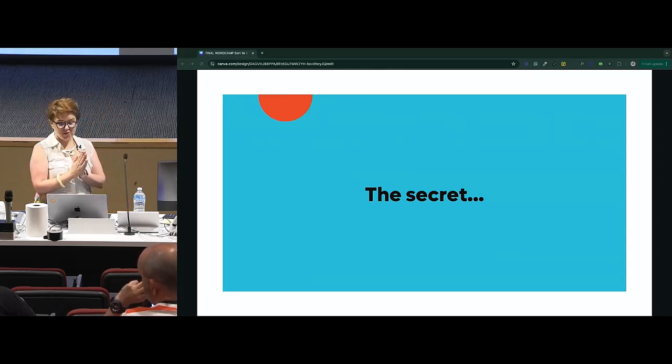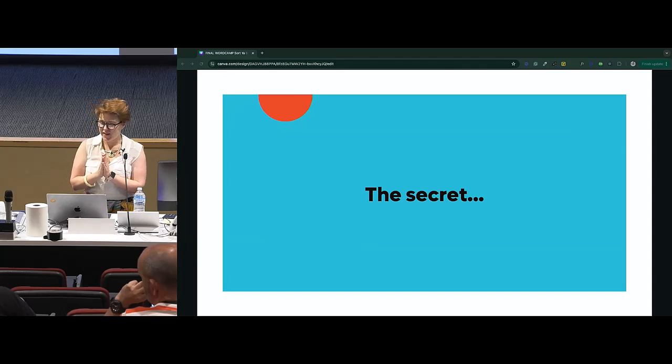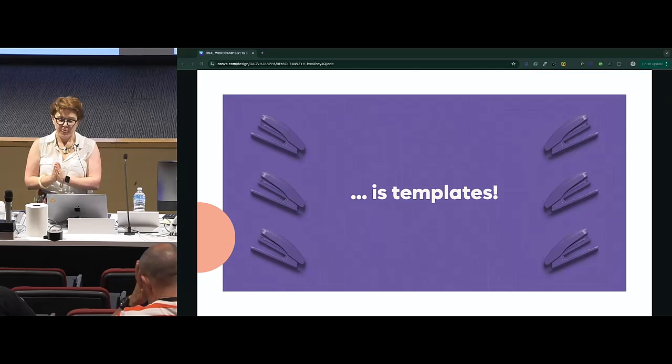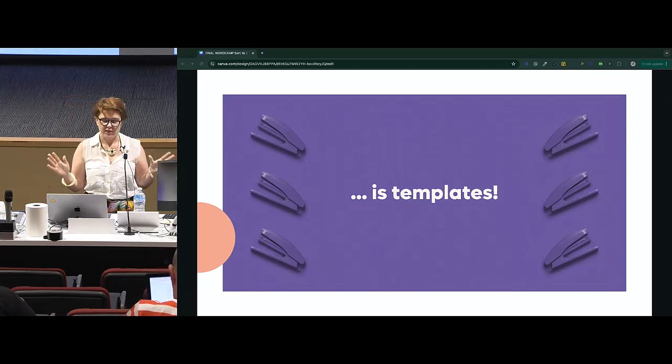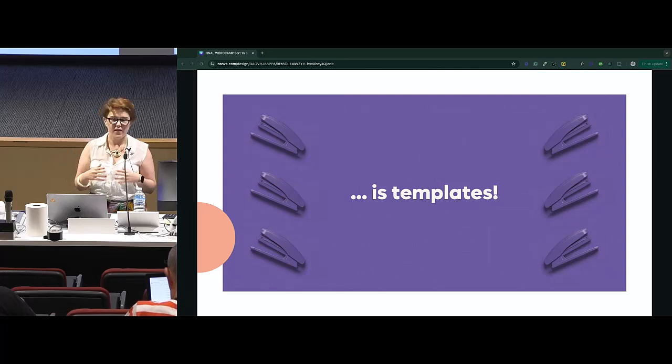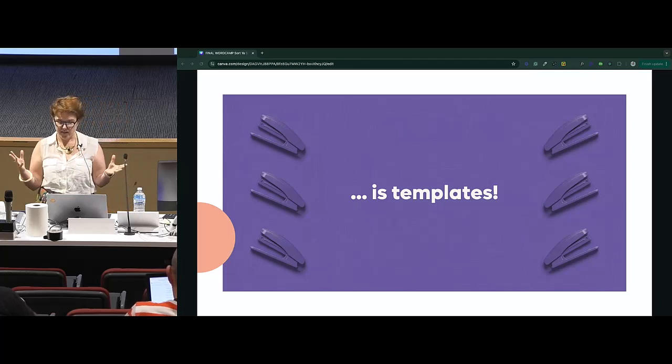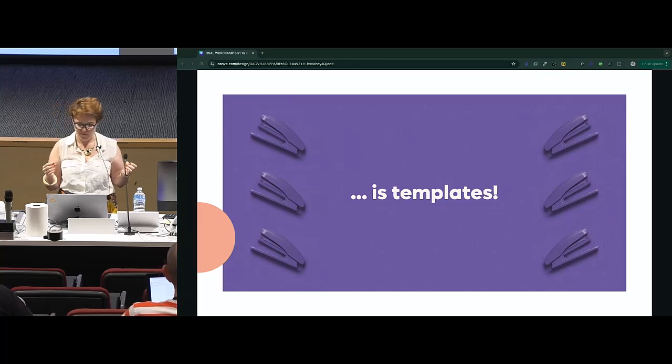The secret to building a stress-free design process is templates. This is not going to be an epiphany to most of you, but creating templates for your entire process can feel like a really overwhelming, mammoth task. It can be really difficult to know where to start, or how to develop what you've already got in place further.